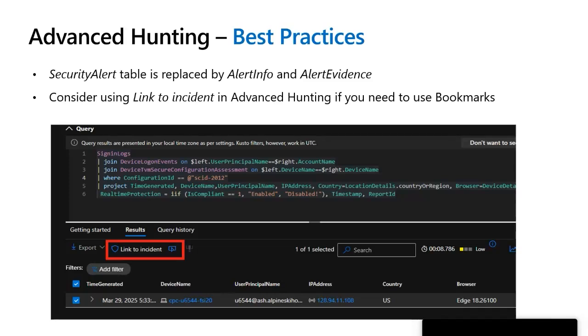And the second thing to consider is if you do need to capture records from Advanced Hunting activities, right? To dive deeper, or maybe raise that into an incident or bookmark it, to create a richer timeline and contextual information regarding incidents. The recommendation is to use link to incident